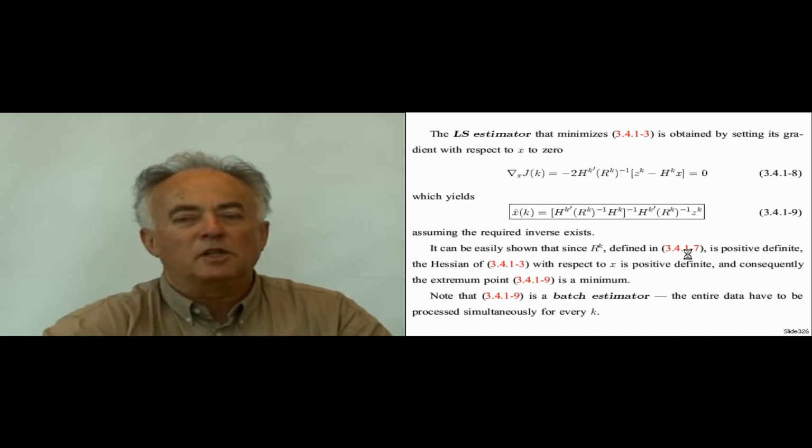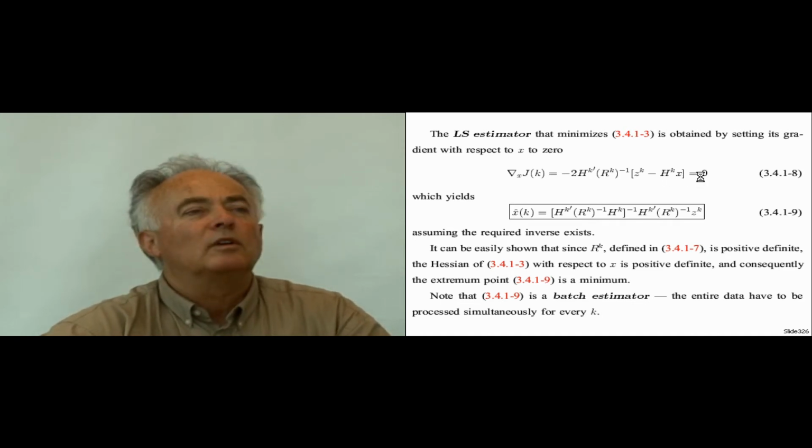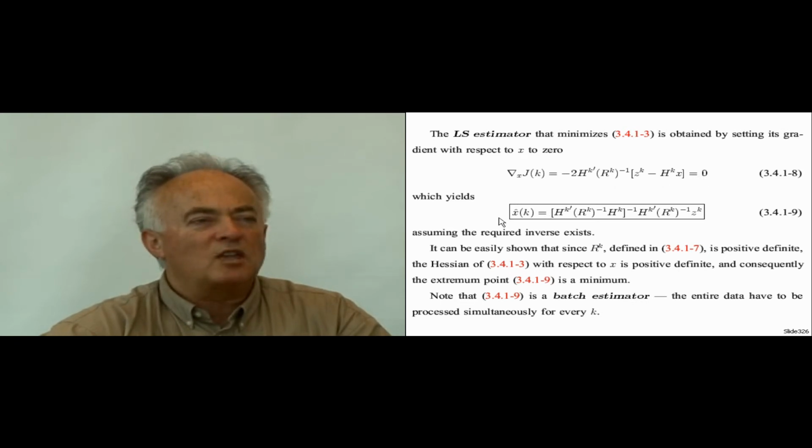Now, once we reduce this problem to its simplest notation, it can be solved by setting its gradient with respect to x to zero. So this is the function we are going to minimize. Del x of Jk turns out to be minus 2 H super k transpose, the big block diagonal matrix R super k inverse, times the stacked vector of observations little z super k minus H super k x. All this is 0, and we can solve it. Open the brackets here, and x hat k is Hk prime Rk inverse Hk, the whole thing inverse, times Hk prime Rk inverse zk, assuming this inverse exists. But Rk being positive definite,